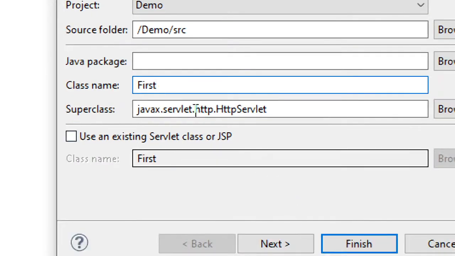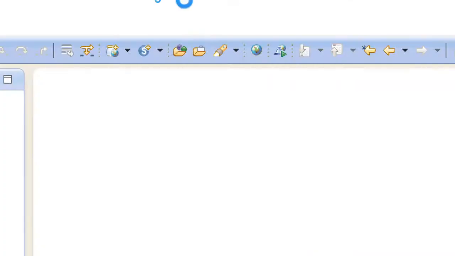And then here you can see what the super class is. I have already told you, when I discussed the servlet hierarchy, that the Servlet interface is the parent of the hierarchy, which has a child GenericServlet, which has a child HttpServlet, which will have our servlet classes. That's the reason the super class here is HttpServlet. As per the hierarchy, my first servlet is going to have HttpServlet as its parent, which in turn has GenericServlet as parent, which in turn has the Servlet interface as parent. Anyway, let me just click Finish.